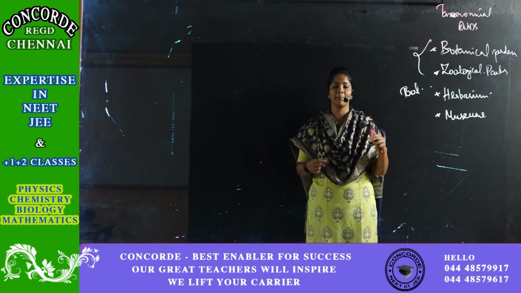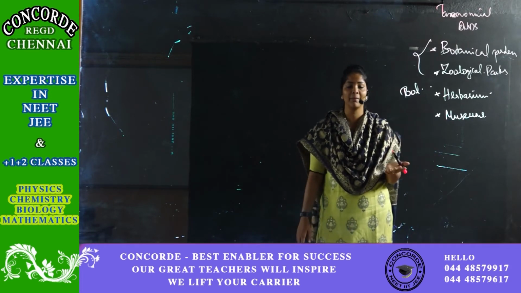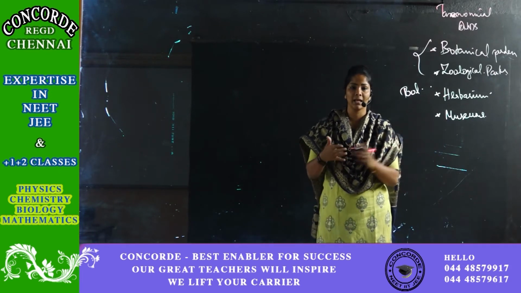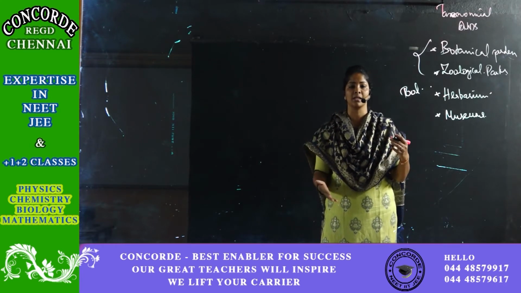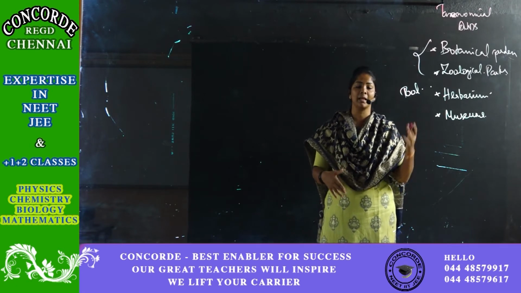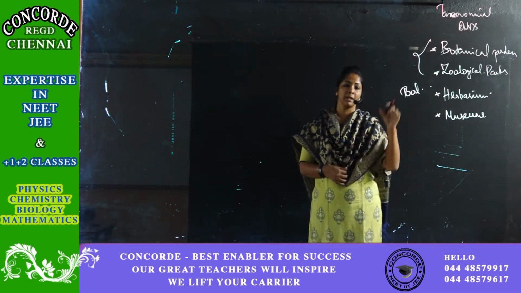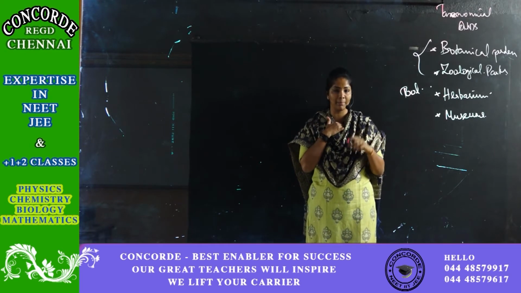For example, now we have roses. Probably after 10 years roses might be extinct. Then if I check out the herbarium, I can refer: okay, there was a flower called rose, it had these characteristics, so the one which I found is similar to this. So just for referral, the herbarium is very useful. On the right side, you can find the name and other details of that particular species.